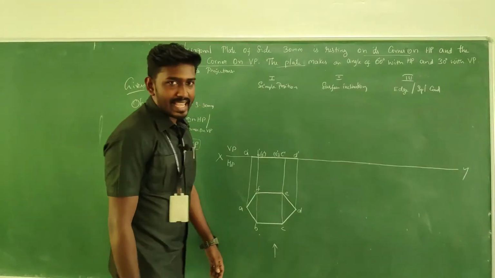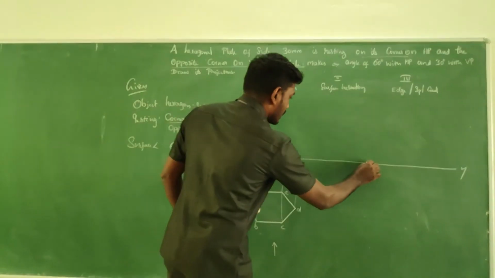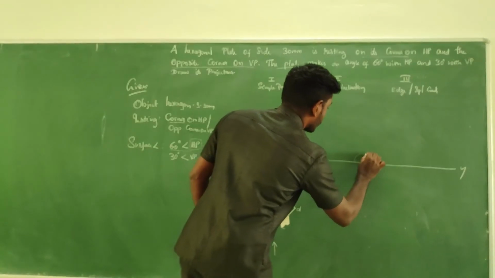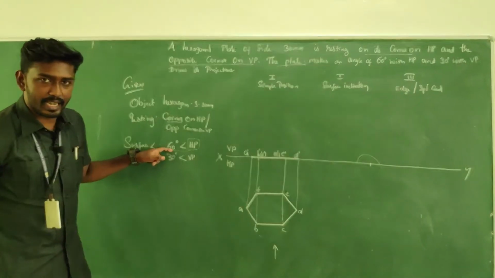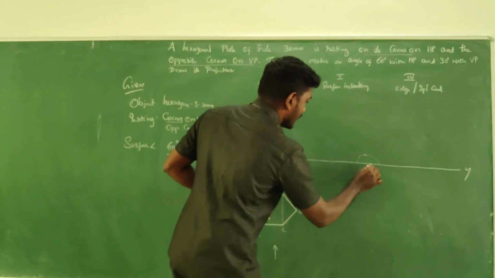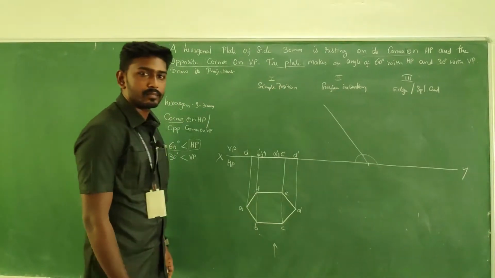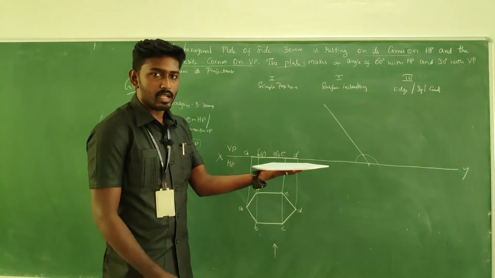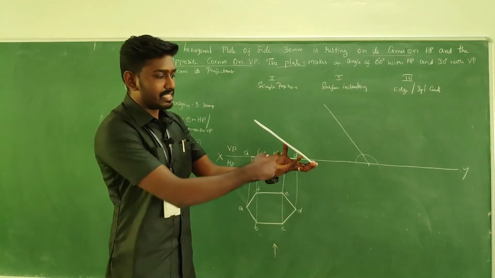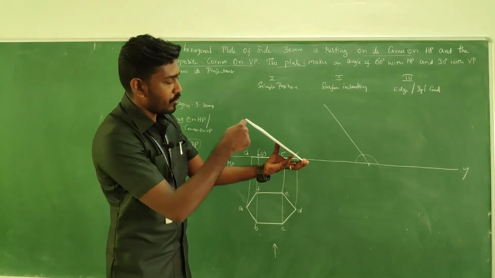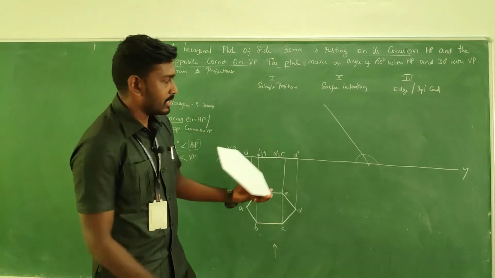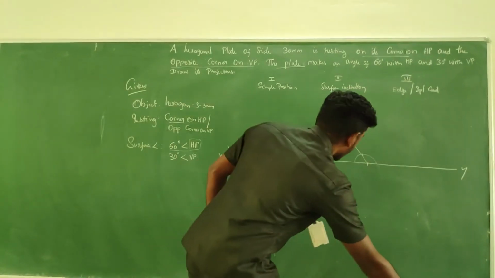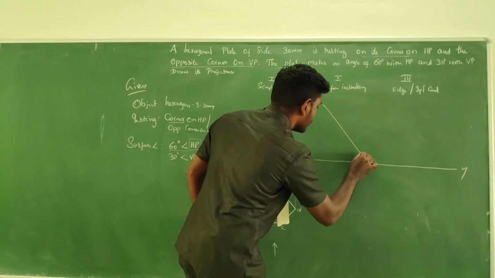It's the surface inclination. For that, take a point on the XY line, and by keeping your protractor measure 60 degree and go for an inclined line. So what I did is, initially the position is something like this. I can tilt my object 60 degree to HP. So in the front view you will get a straight line in an inclined manner. For that I have taken the inclined line. So this is with 60 degree.